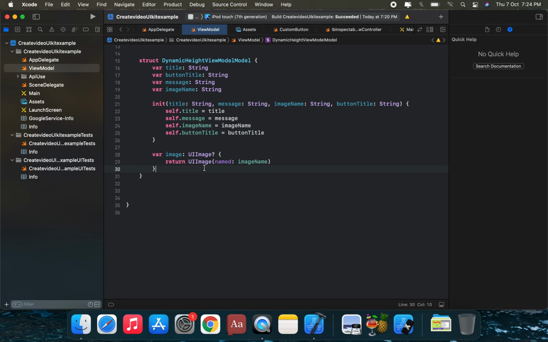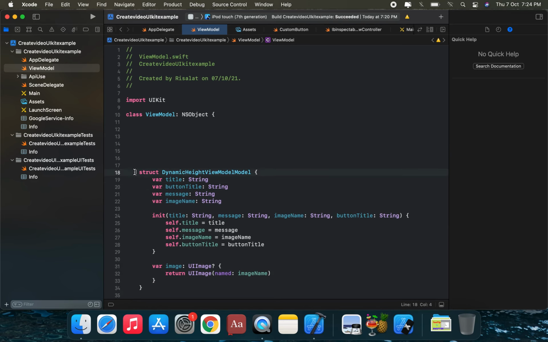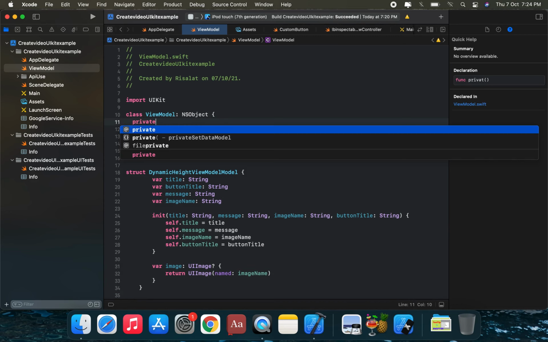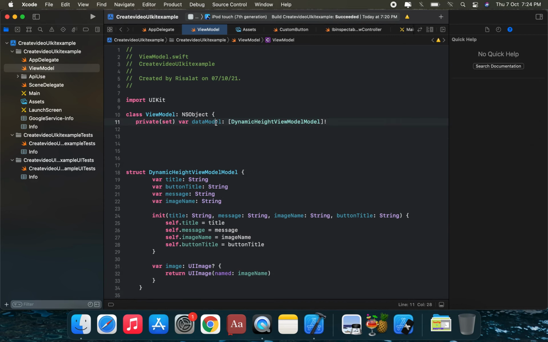Now we are going to create an instance of a model: private set var data model, which is of type dynamic height view model. Its setter is only accessible within this file, but otherwise it is a get property.